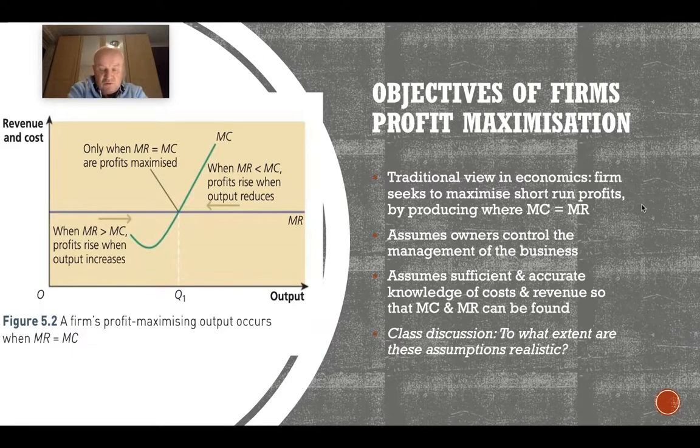Because even if you've got a very small slice of profit, it's still profit that you could make from each of those extra units that you're producing. Okay,